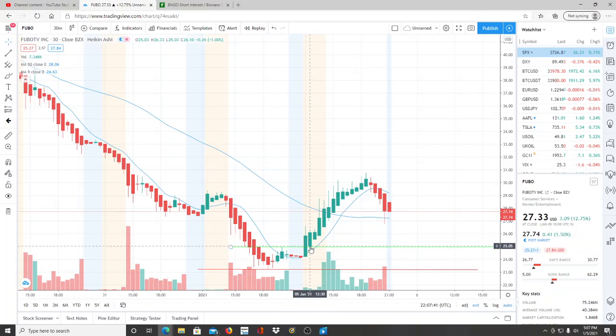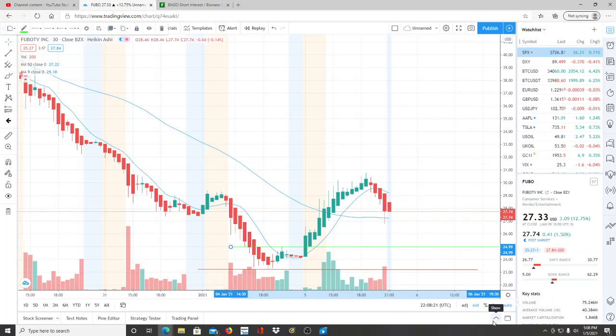It used resistance as support, broke through the 50-day moving average, and here we are already below it, and we're pretty far below it. Like, this is way up here at 29.17 and we're at 27. As long as we stay below this indicator here, usually once you're below it, you stay below it for a little bit and it pulls you down about $1 or $2. So we need to watch this carefully. If it comes right back down and levels off in this area from yesterday's resistance and support, or if it goes any lower, or if it stays above the resistance and hangs out between the 50-day moving average and the resistance from yesterday to today, which was $24.99, $25.